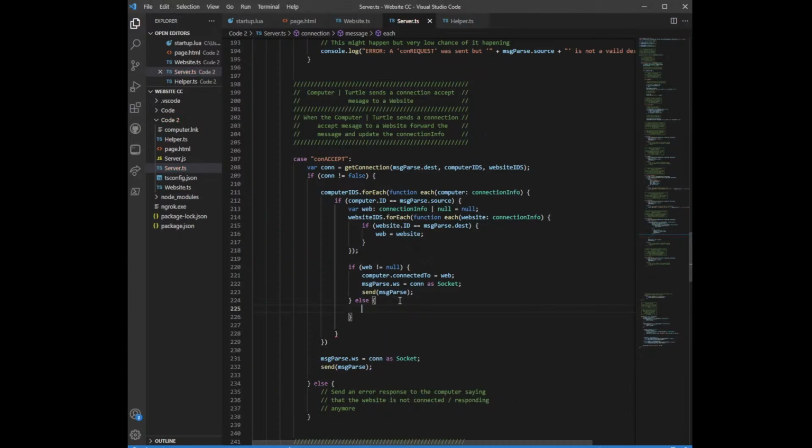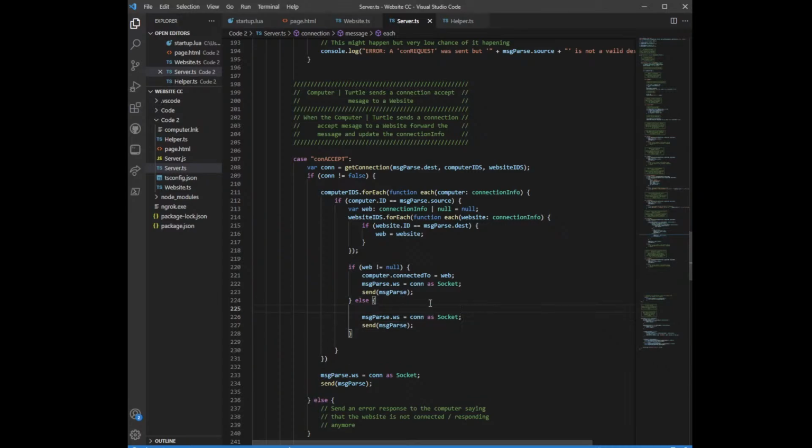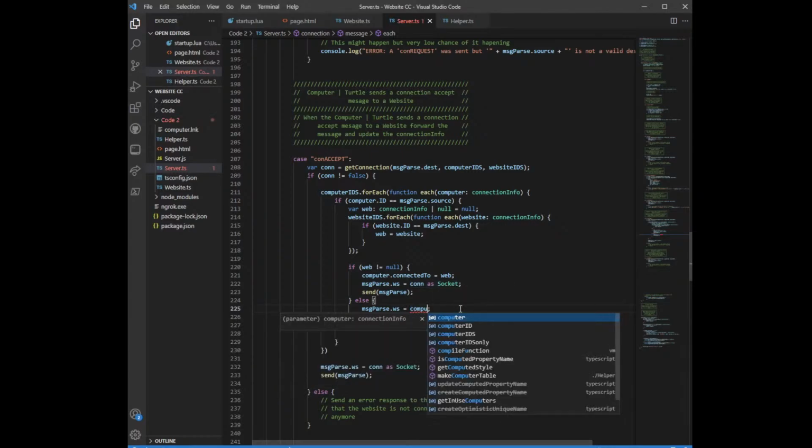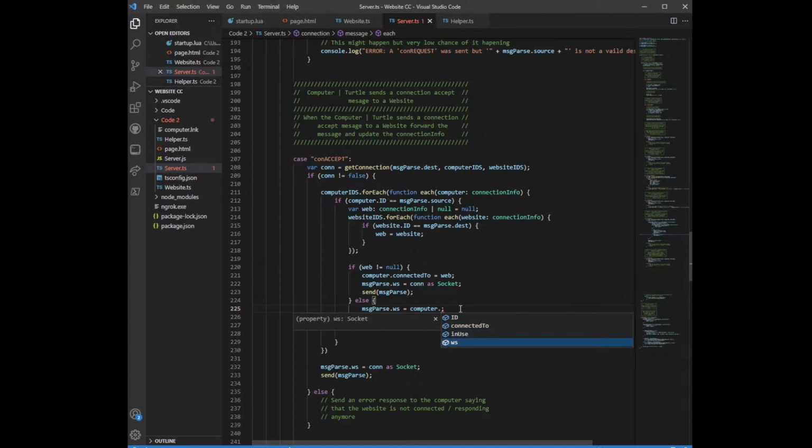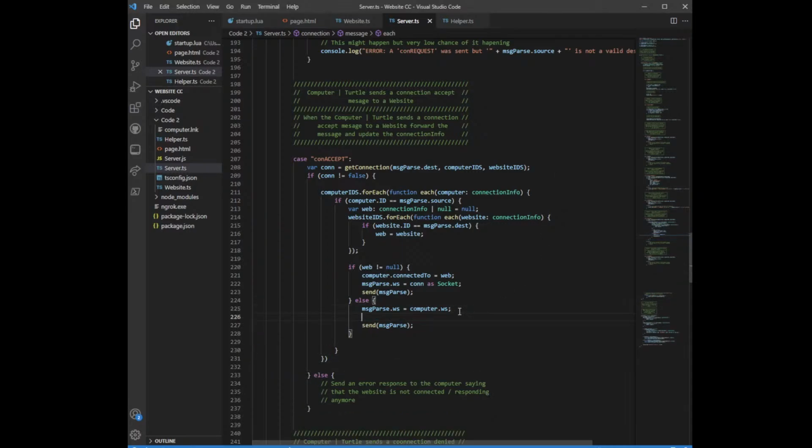We're not going to send the message to the destination. We're going to send the message to, since we're actually in here, we can just say message parse equals computer.ws. So we're just going to send it back to itself, but we're going to change the